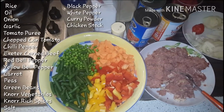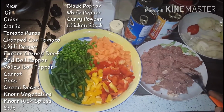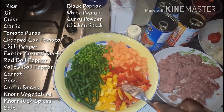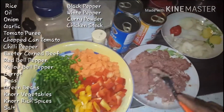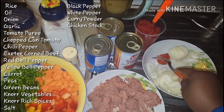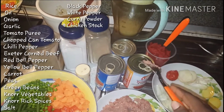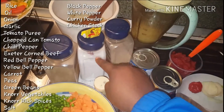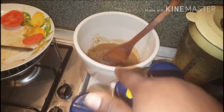So these are the ingredients that you would need for the jollof. Some corned beef. I got the Exeter corned beef. And I got some yellow and red pepper, some carrots, peas, green beans, and also some onions. I'll be blending this onion and the chili, and I'll be putting it in there. I'll also have some canned tomatoes, some tomato puree, black pepper, white pepper, salt, Maggi cube, and also some chicken